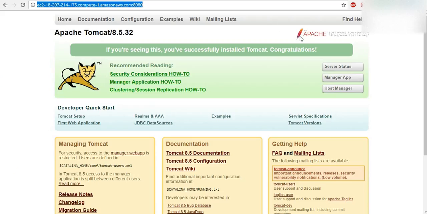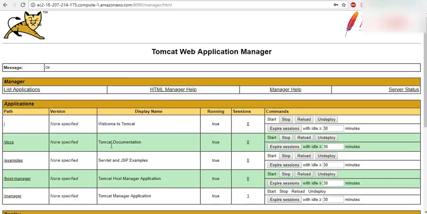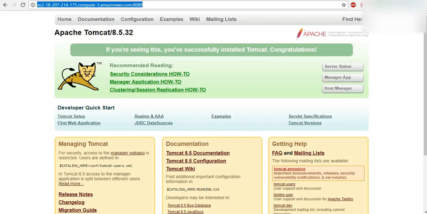Now you people tell me, if I give manager app here, and this is Tomcat 8.5, if I click on it, is it going to work or not? Obviously not. You sure? No. I want Guru to answer this question. I have changed in this container. I'm inside of it now. If now I'm in Tomcat 8.5 and I click on Manager app, will it take me to the manager page of this Tomcat?